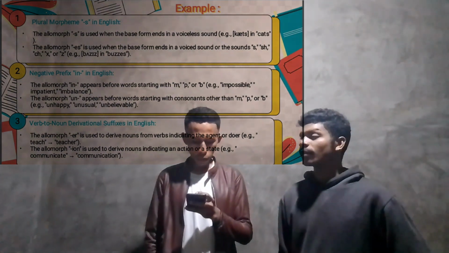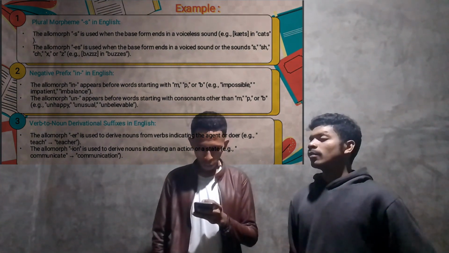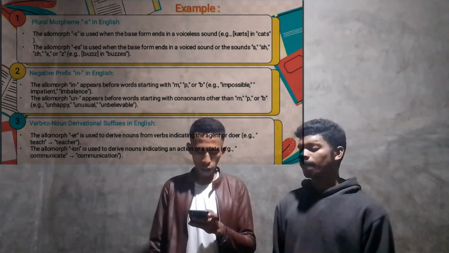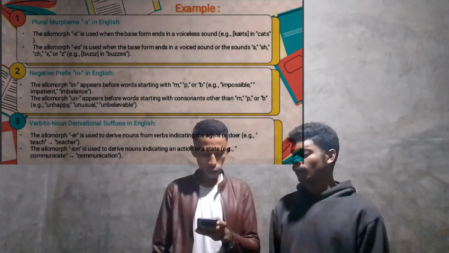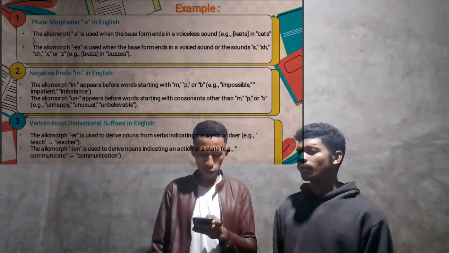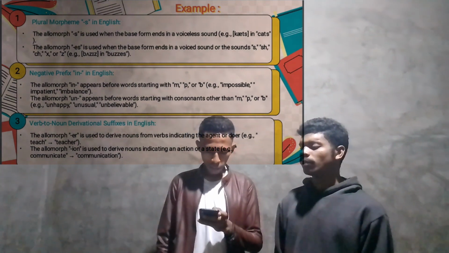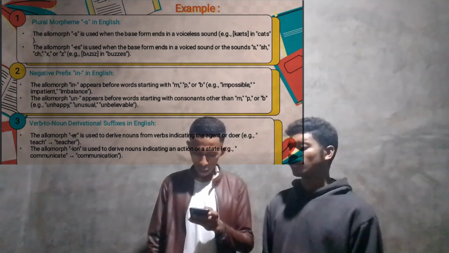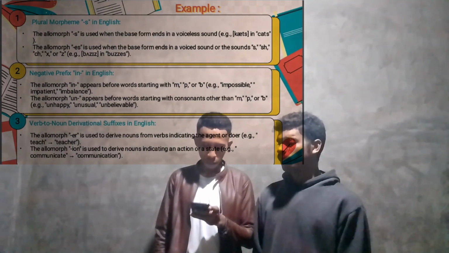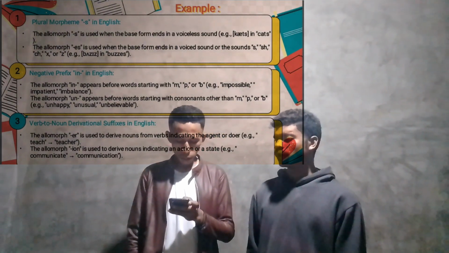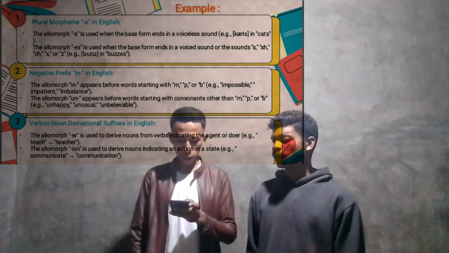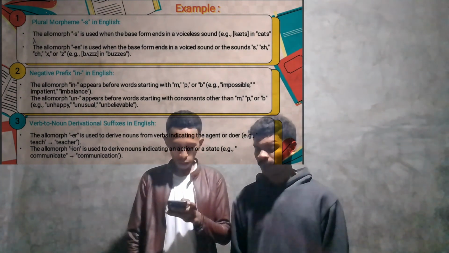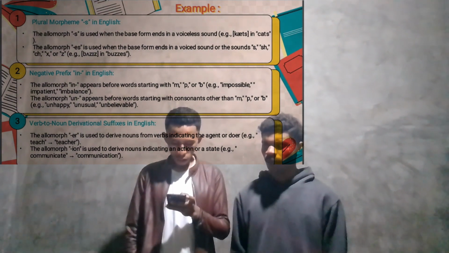The allomorph im appears before words starting with m, p or b: impossible, impatient, imbalance. And the allomorph un or in appears before words starting with consonants other than m, p or b, like unhappily, unusually, unbelievably. And the allomorph er is used to derive nouns from verbs